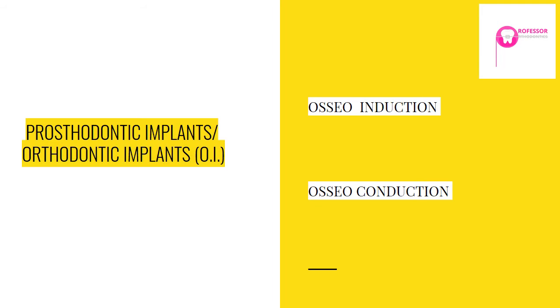How can you increase the osteoconductive ability of an implant? You can acid etch the implant surface. In the sense, manufacturers usually provide implants which are acid etched to increase osteoconduction. Another thing that is usually done is that plasma coated implant surfaces are used, and even these manufacturers claim that this increases the osteoconductive ability of the implant.